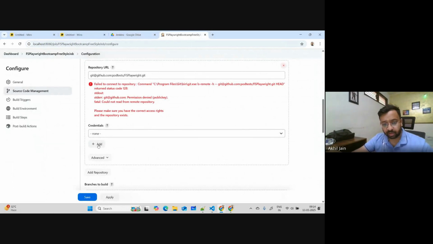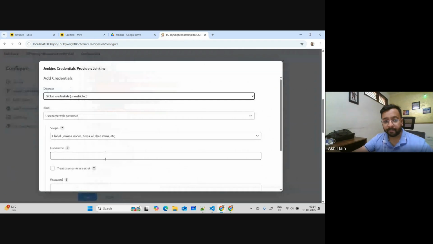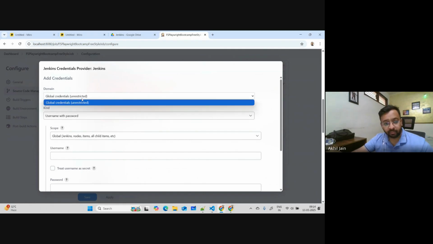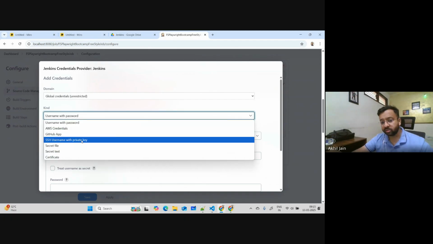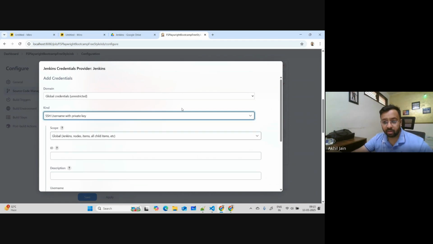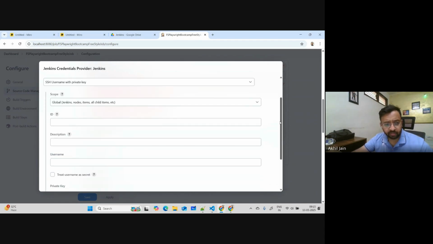So what you'll do is click on add Jenkins. Now here, it is saying Jenkins credentials provider. There are a lot of options. So you will say global credentials unrestricted, which is fine. We want to choose SSH username with private key. Okay, now if you do this,